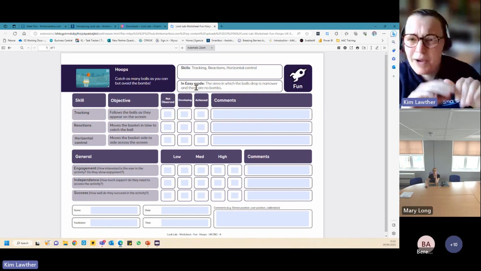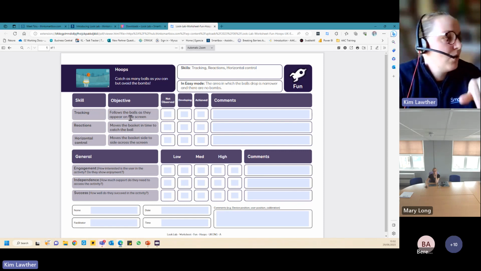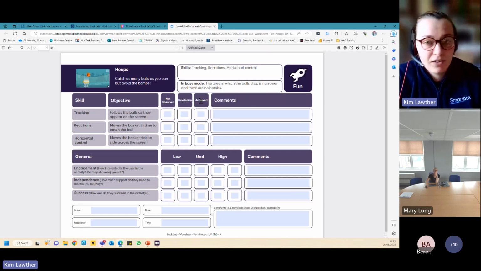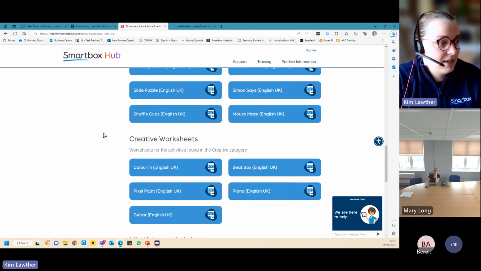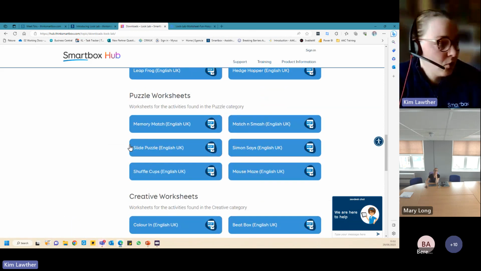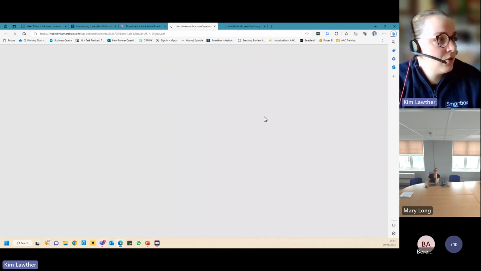And then we've also put about easy mode, just in case that's something you're doing, what the skill is, what the objective is, whether it's a developing skill or an achieved skill. And then sections on engagement, independence and success, and so on. So there's one of those for every activity, to try and support communication partners or school staff who are using LookLab. And then a manual,